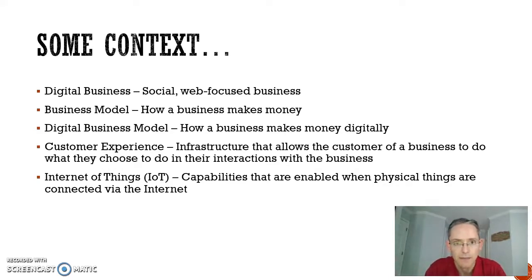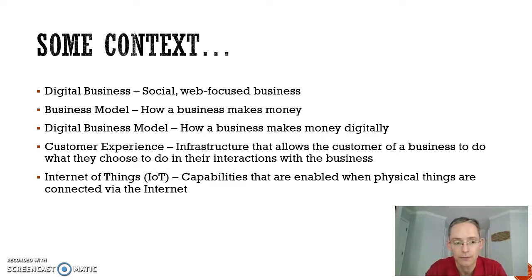When we talk about business models, which we'll go over a little bit, some specific business models, what we mean there is how does this particular business make money? Now, think about it, there's different kinds of business: services businesses, material businesses, production businesses. There's something at the end of this thing that people are willing to pay money for. However you get from the resources to that money is the business model. Digital business model is how you do that digitally. So think about the transfer of information from one side to the other